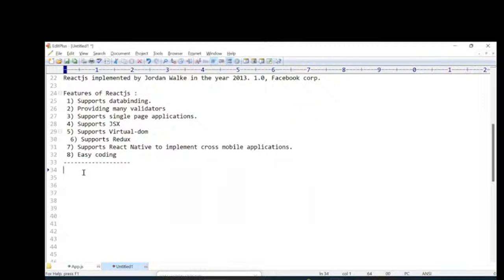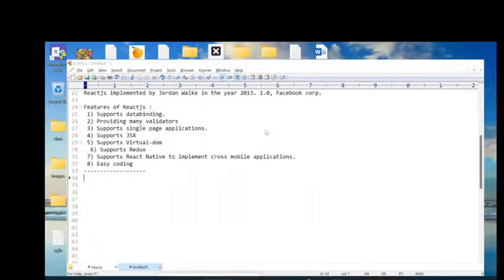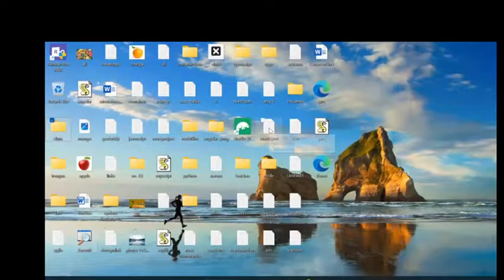Now here, to learn React.js, JavaScript is very, very important. So first I'm discussing the JavaScript concepts. Basically, we will first know about Ajax, and after that we will go through